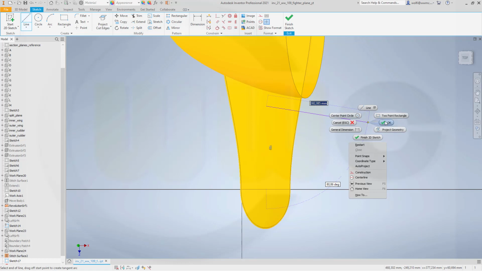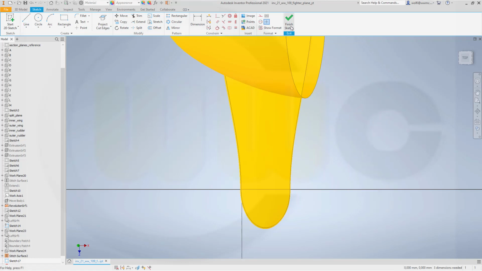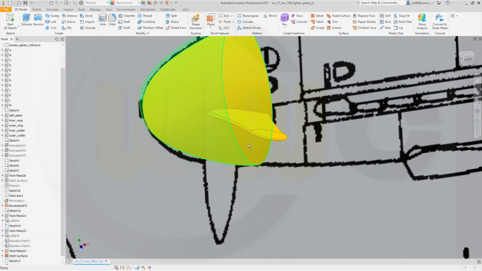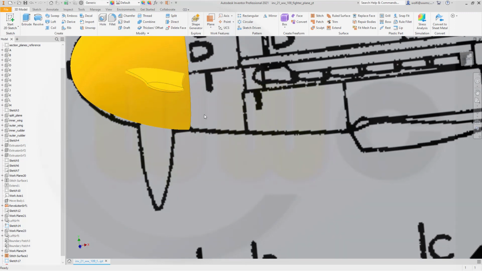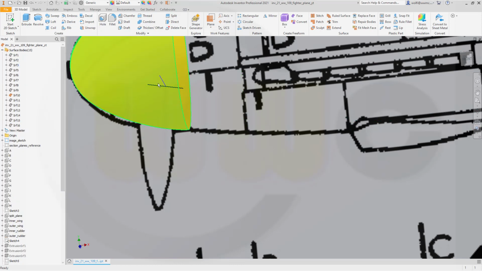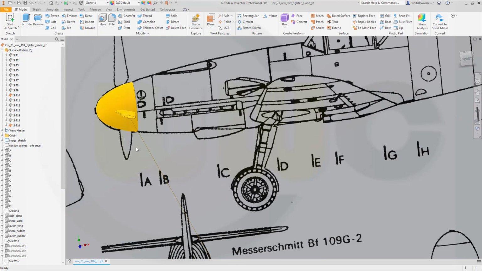Okay, finish the sketch, and that line is somewhere in between, so I have to hide that surface, this one, and I want to make an axis with that line so it's always visible. Now bring back that surface